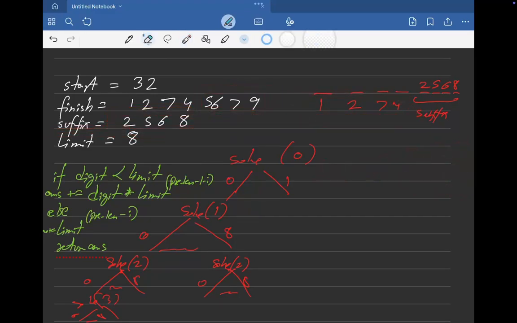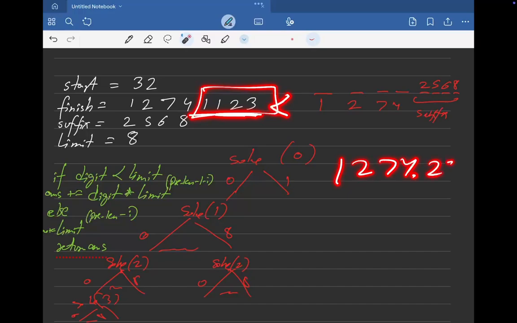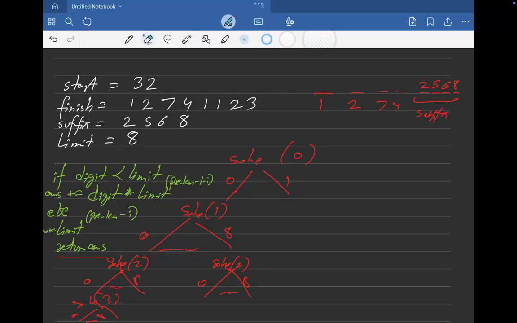If my finish is like 1123, so it means my suffix, my finish time is less, my last powerful digit cannot be made. If I place 1274 and I try to make this value, I cannot make it, right? I hope that makes sense. So my problem breaks down into